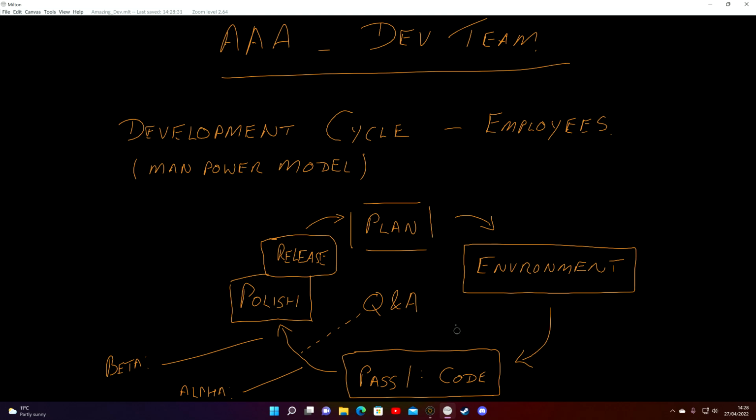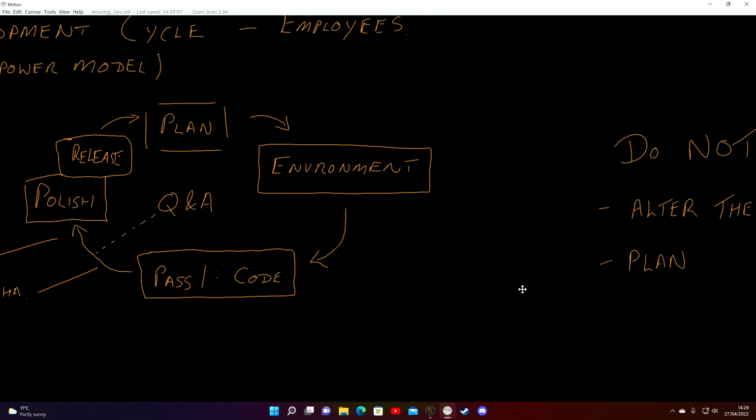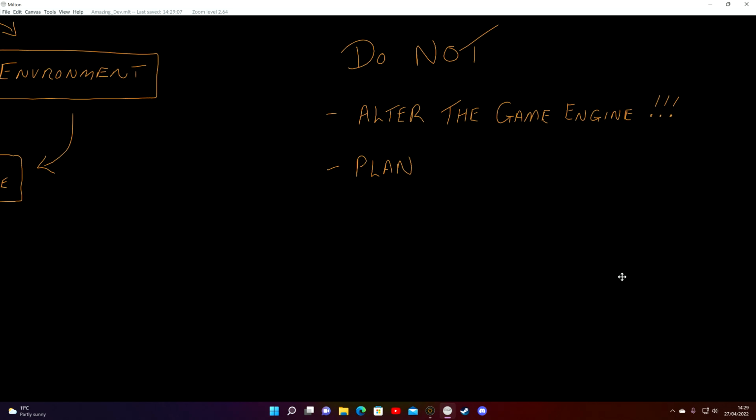All of this just hinders the development of a game. That's what it's designed to do, because it's designed to do it in the cheapest and most effective way. And the cheapest and most effective way of writing a game is not correct. And that's what AAA games suffer from.